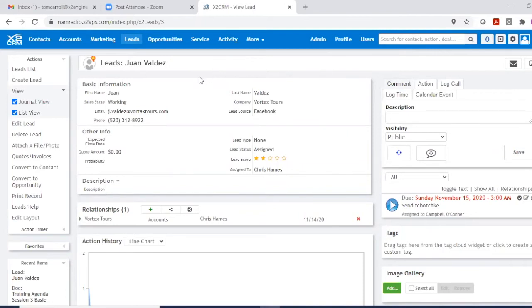Now, remember that X2 is highly customizable: any of these field names can be changed, additional fields can be added, and fields can be moved around within this area. So don't be stuck on what you see right now in the system. It can be totally customized to the way that you do business. So let's